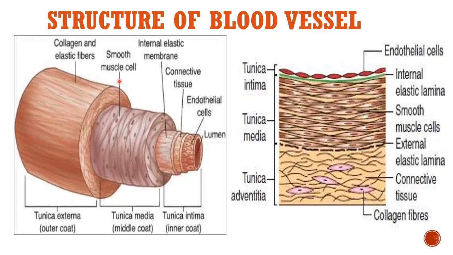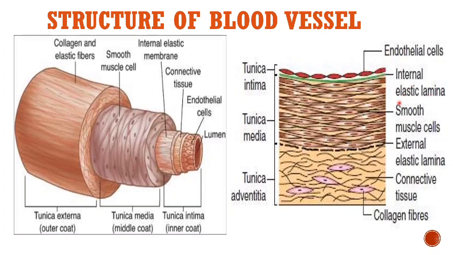So we will see the structure of the blood vessel. As you all know, any blood vessel has three layers: intima, media and adventitia. The tunica intima is the innermost layer of the blood vessel, which consists of a single continuous layer of endothelial cells. It forms the barrier between the blood and the remainder of the vessel wall. Its smooth luminal surface facilitates efficient blood flow by reducing surface friction, and it is separated from the media